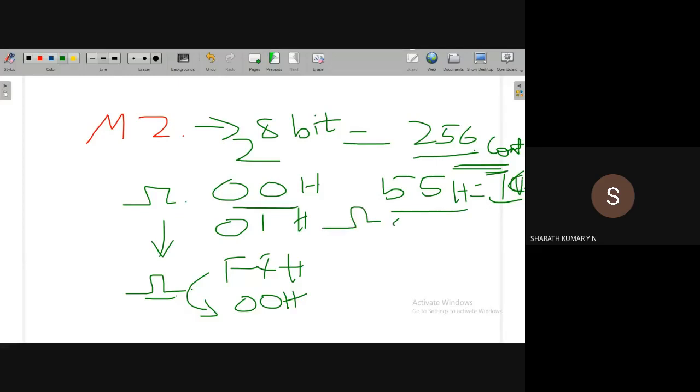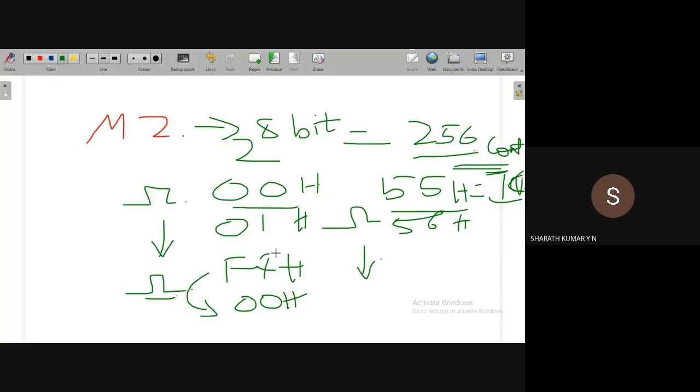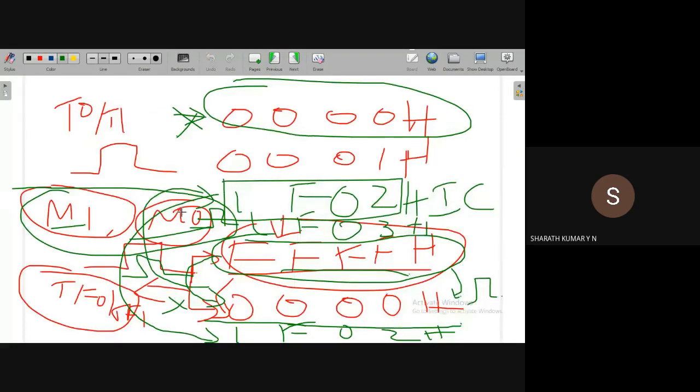On the application of a clock pulse, it becomes 56H. This operation continues on the application of clock pulses. When it reaches the final count of FFH, on the application of the next clock pulse, it will not reset back to 00. No, unlike what we have seen in mode 1 or mode 0 operation, it will reset back to 00. This we cannot avoid. If you want to start with some other value, then again we have to load this value and continue.